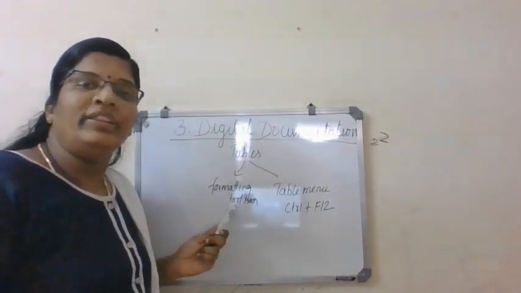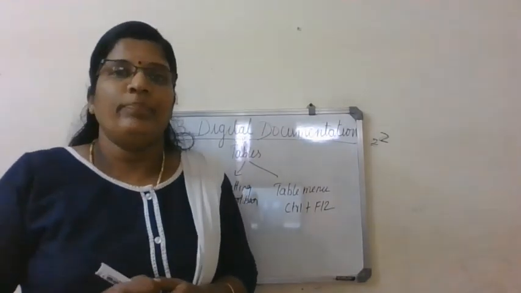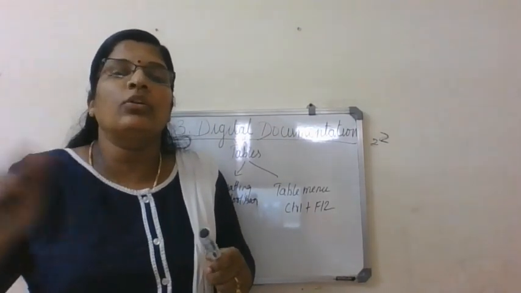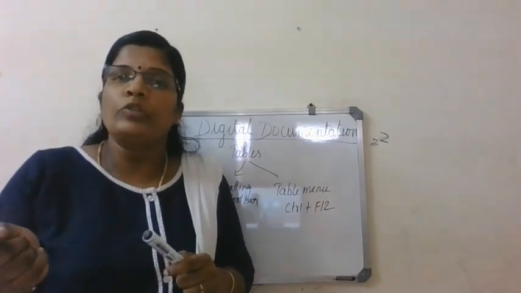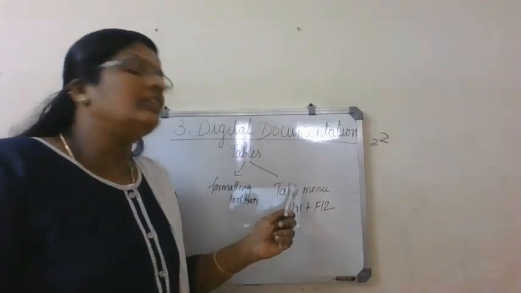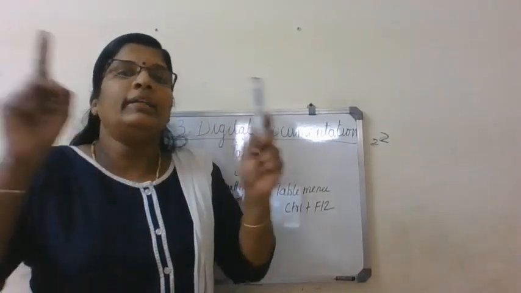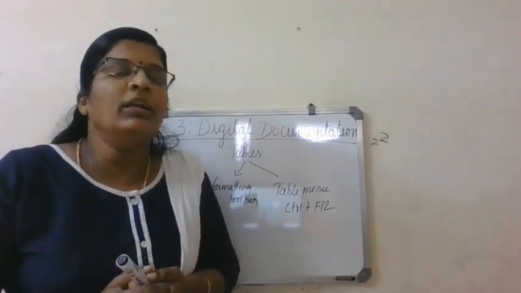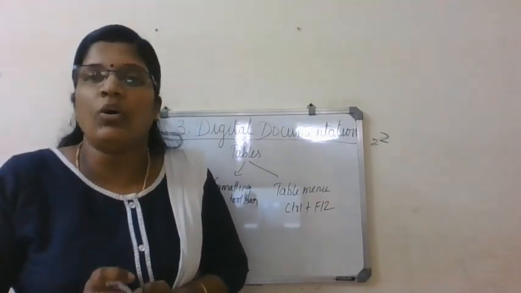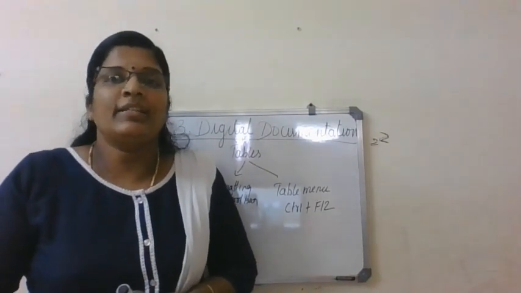If you go with the formatting toolbar, you have to click on the Insert Table icon. When you click the arrow mark, you see the grid of rows and columns. You can drag your mouse pointer and select as many rows and columns as you need. If you go with the Table menu and then Insert Table, you will get the Insert Table dialog box. Then you enter the table name, specify the number of rows and columns, and click the OK button. You get the table. So both ways you can get the table, right?